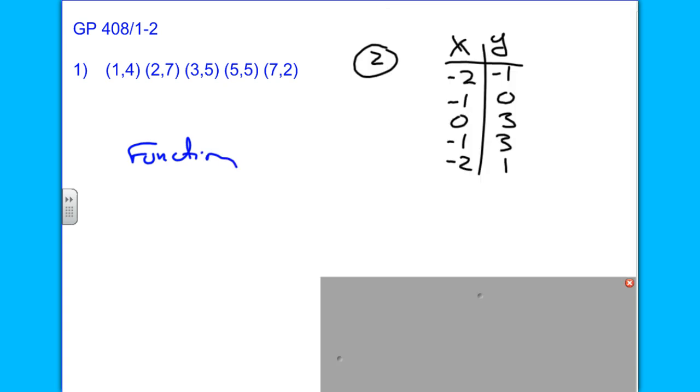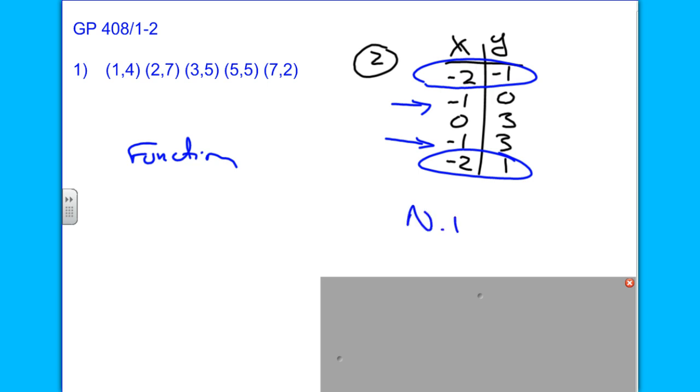And here, again, now we have a table. Is this a function? No. Tell me why, Lauren. Because you have the same x's, but it's a different value. So negative 2 gave us a negative 1 output, but this negative 2 gave us a positive 1. So not a function. And then we had problems with this too. But all you need is one problem, like the negative 2's did not give you the same output to prove that it's not a function. Not a function here. Okay? Alex.